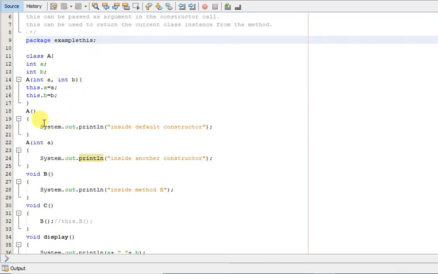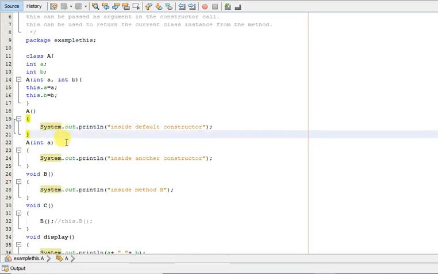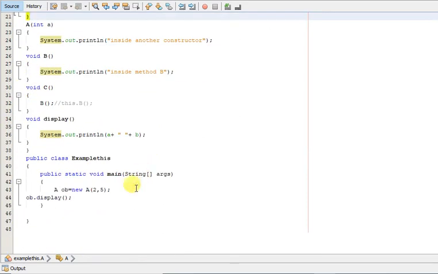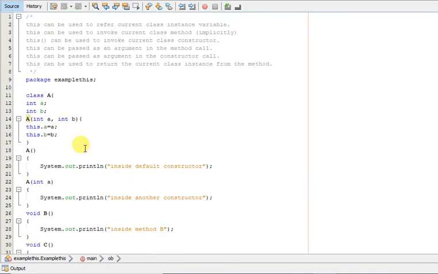Right. So we can call any constructor inside any constructor. See, here we are calling this constructor having two parameters.